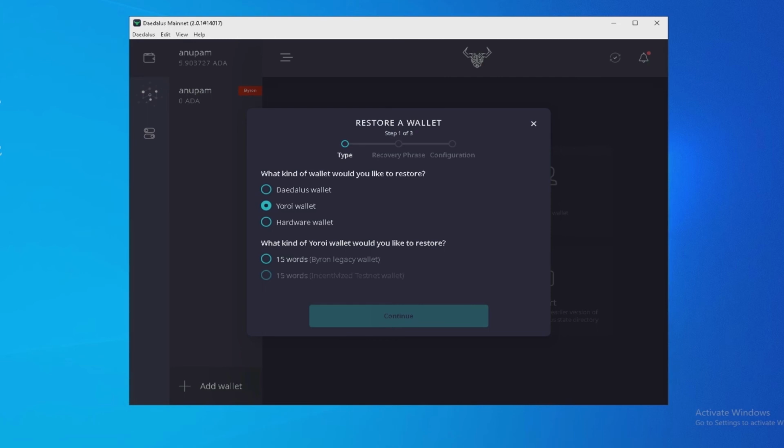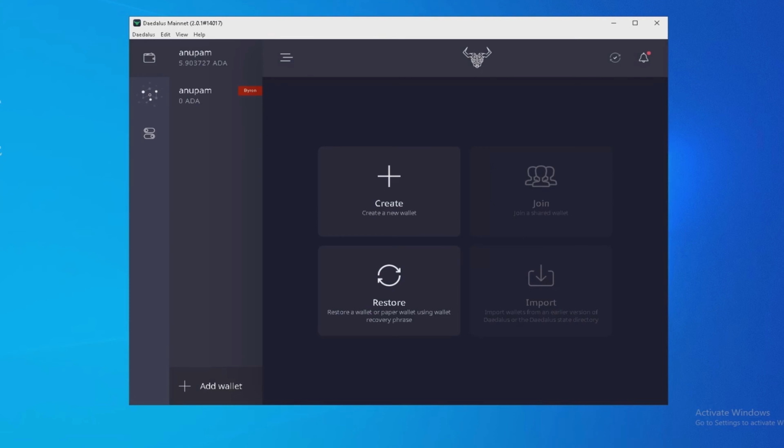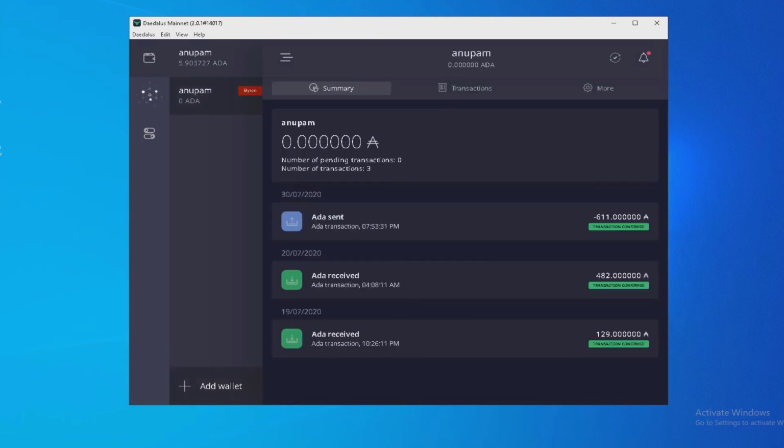With that I continued with the wallet, and I opened my Byron wallet with a certain balance.